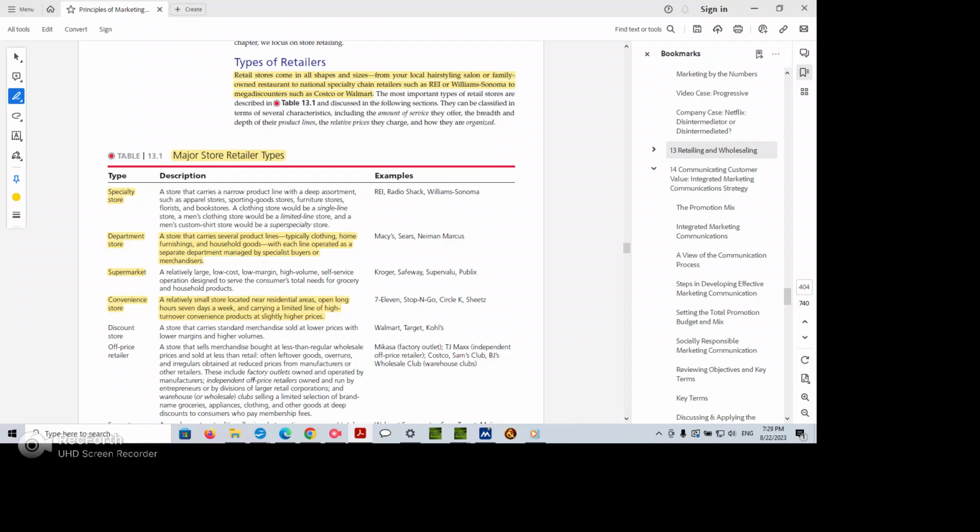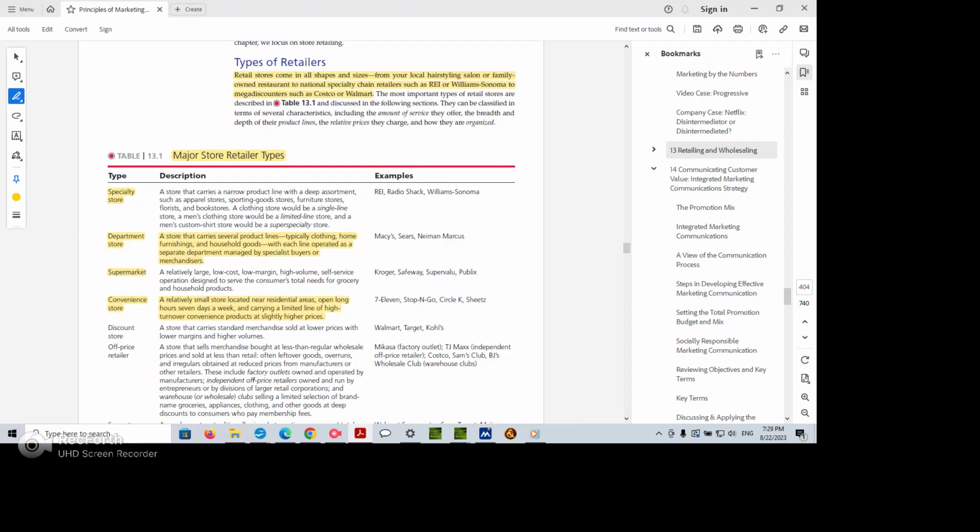So, for example, 7-Eleven, Stop and Go, Circle K, and Sheetz. I've never heard of Sheetz, and it could be your mom and pop ones too. They also have a variety of things in lesser volumes, for example, some of the higher sold items like alcohol,